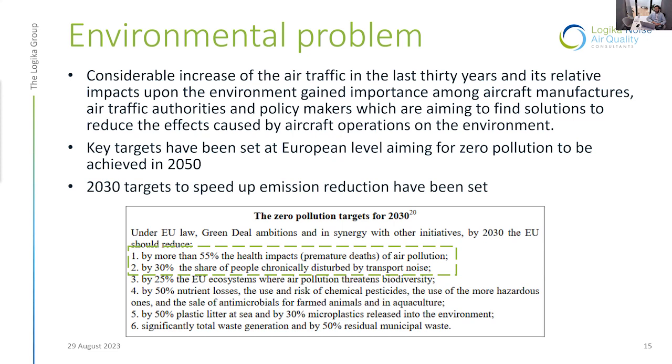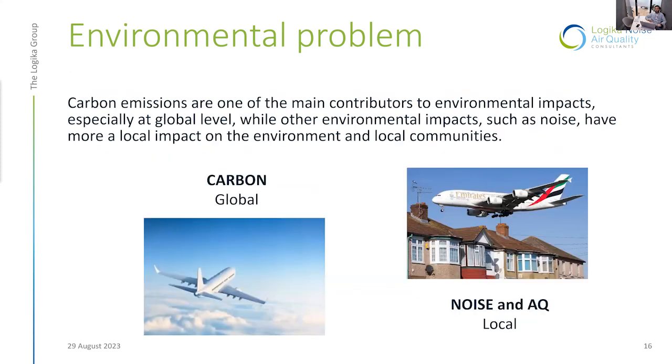And there are some interim targets to be met in order to show that in 2050 we can achieve these zero pollution targets. For example, the European Commission set targets by 2030 to minimize the effects of noise, reducing the number of people chronically disturbed by transportation noise by 30%, and in terms of air pollution reducing it by 55% compared to the previous years. But we are facing a kind of dilemma because air quality, carbon emissions, local emissions,